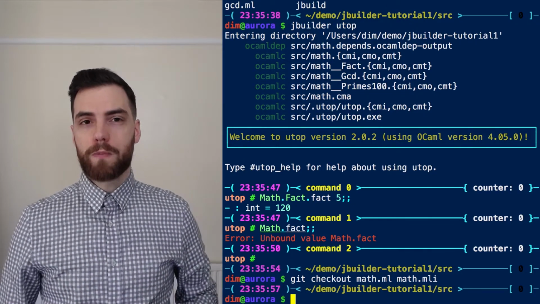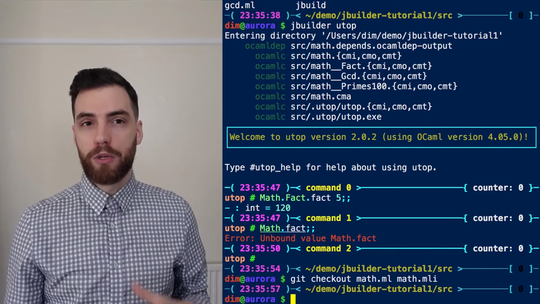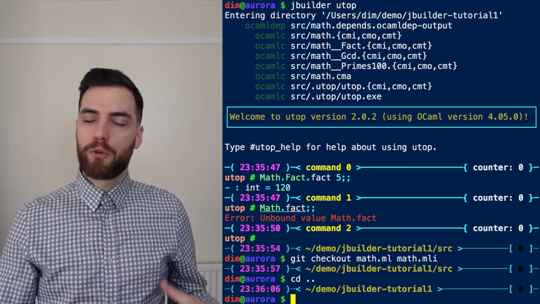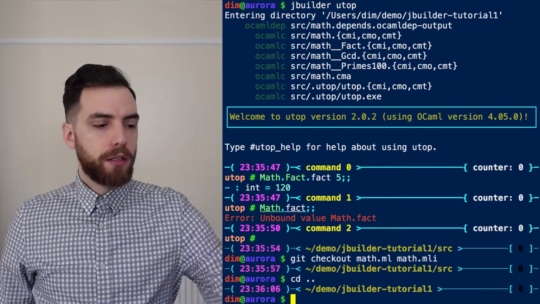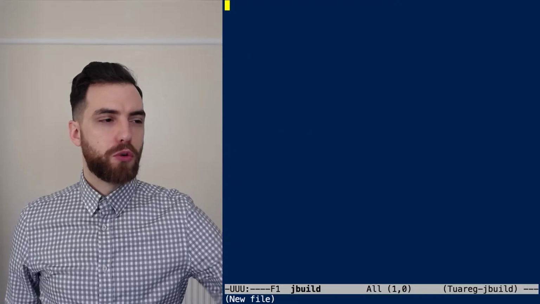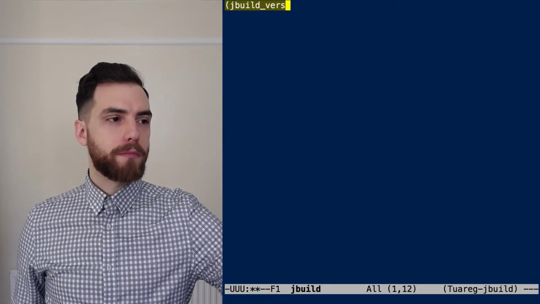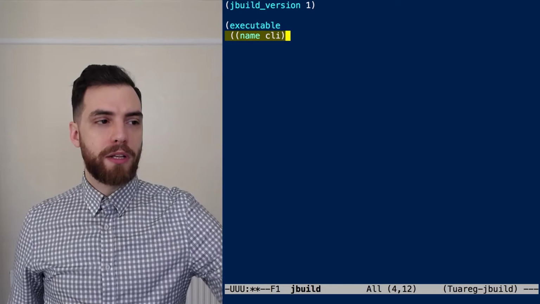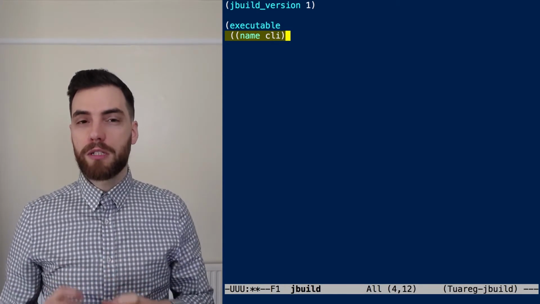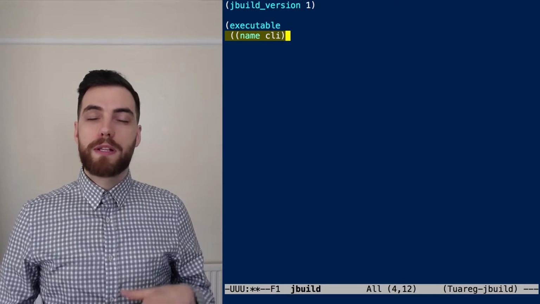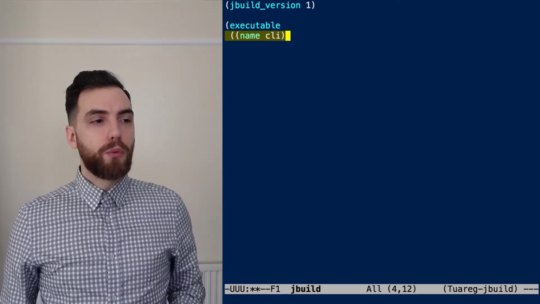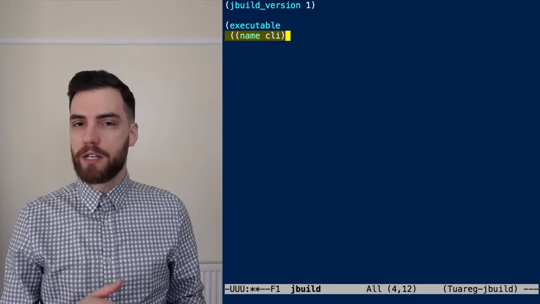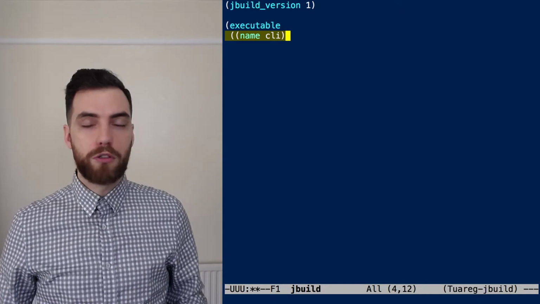Now we are going to move on to the next part, which is the command line tool, and we are going to see how to build an executable. Because the command line tool is in the bin directory, we have to create a JBuild file in the bin directory to describe it. Let's have a look. We start again with the jbuild_version stanza. And now we are writing an executable stanza. We have a name field, which points to the module that contains the entry point of our program. If we had several programs in the same directory, we would have an executables stanza with a names field that would list all the programs. We would list only the entry points of our programs, not all the modules in the directory.